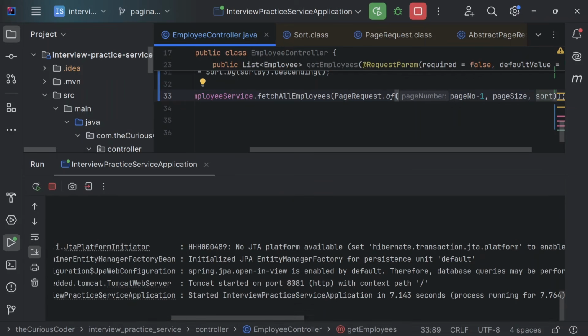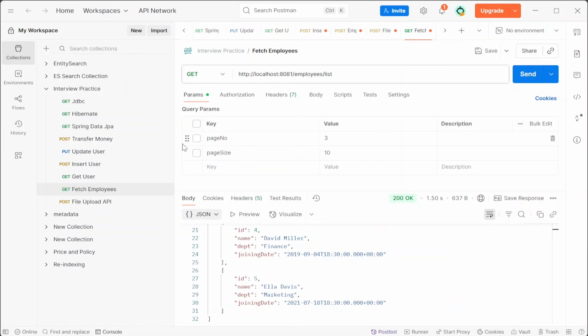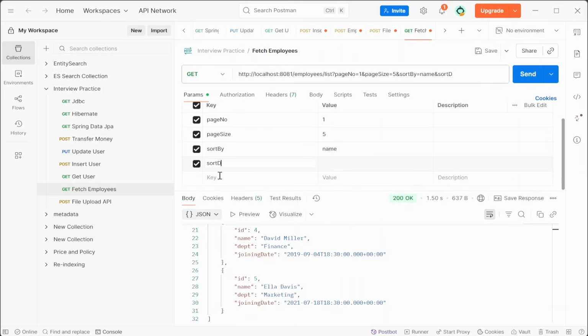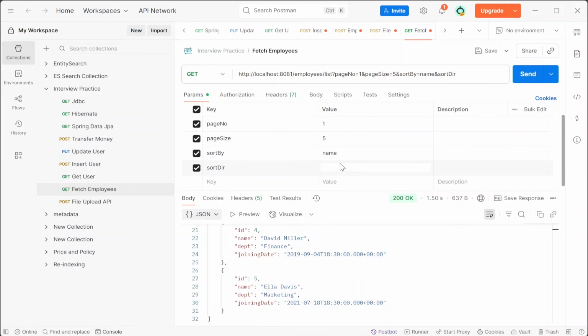Okay, it started on 881, and I'll pass the page numbers as well again. Let's say it's 1 and 5, and I'll take another parameter, sort by. Let's say for now we want to sort using the name. And the sort direction will be, let's say, ascending. Okay, so now if I hit the API,